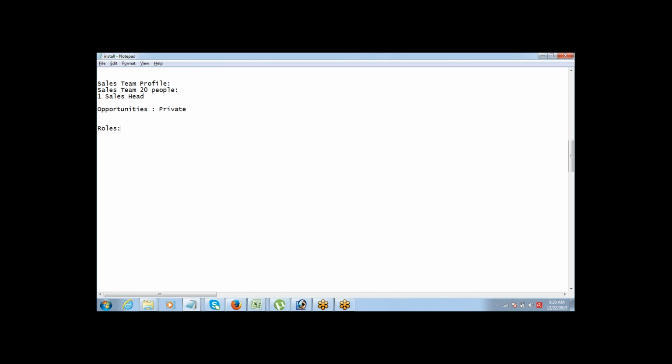you can define a role hierarchy for your company so that Salesforce can understand who reports to whom. And it's very simple, and it's only when you require the role hierarchy. So it's not mandatory. You don't have to define the role hierarchy. You don't have to assign a role to every user. If you feel that you need certain things to be controlled through roles, then you need to define the role hierarchy for your company and assign the roles to the users.